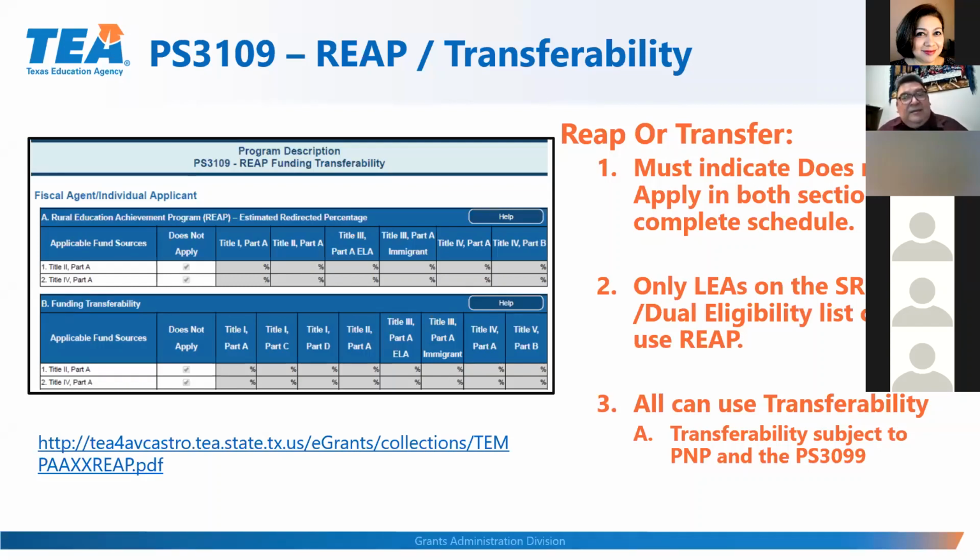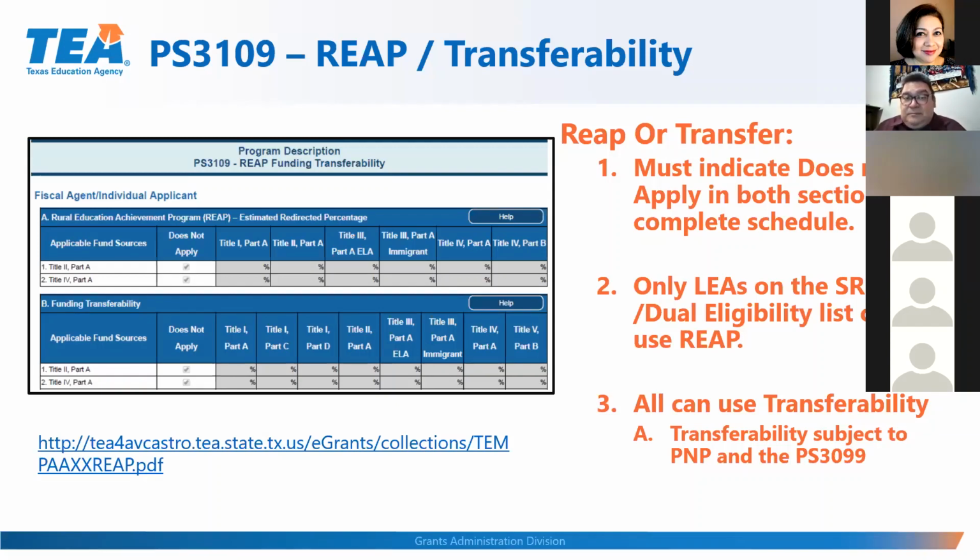They stay under that funding source. But we will have to complete this. If you're not going to be using REAP or transferability, you just check does not apply for Part A and B and save it, and it will complete. The transferability part is important because if you transfer into one of the other funding sources and you have private